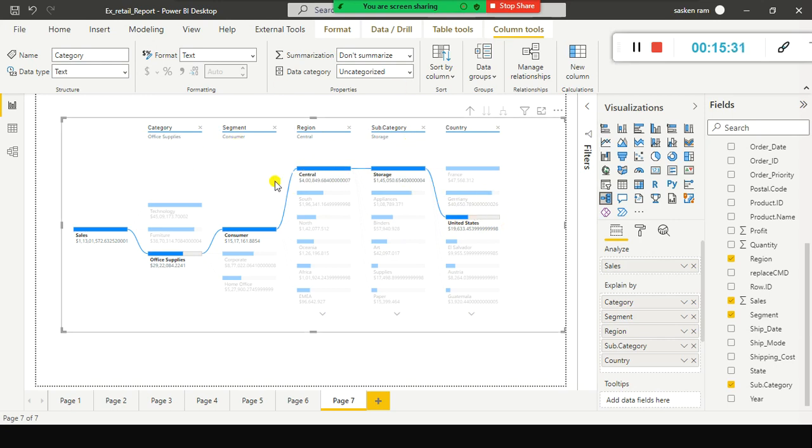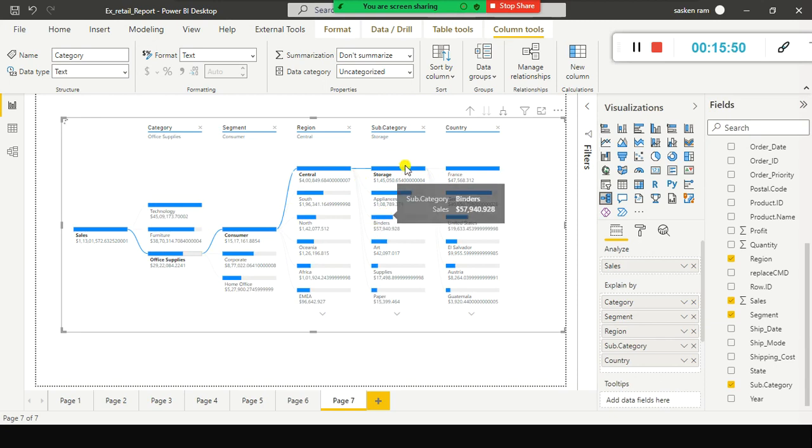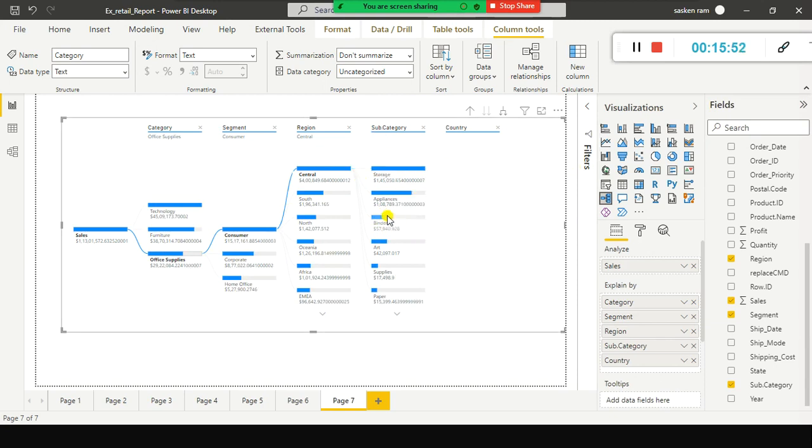In United States, in the central region, in the office supplies category, especially the storage subcategory, we are making more sales in the consumer segment. Very easy to remember, and very easy to generate the rule or understand where we are doing well. For example, if you select the binder, you cannot do it here, but you need to extend it here.